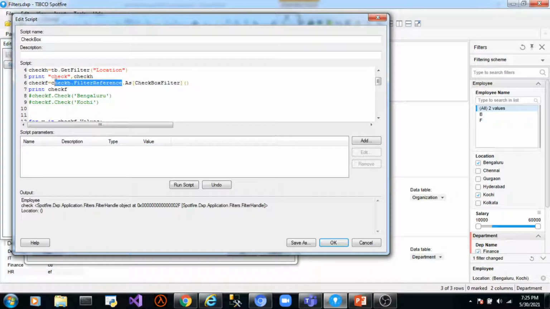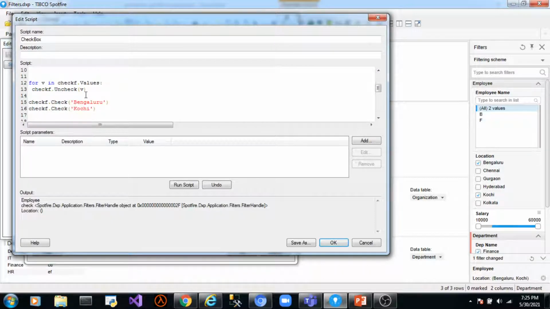This checkbox filter instance or object is stored in this variable checkf. Now with this checkf we can use all the methods and properties which are defined in the checkbox filter class. Two useful methods which can be used with a checkbox filter are check and uncheck. So how do we check values? First we uncheck all the values. There is a property called values which returns all the values in a checkbox filter.